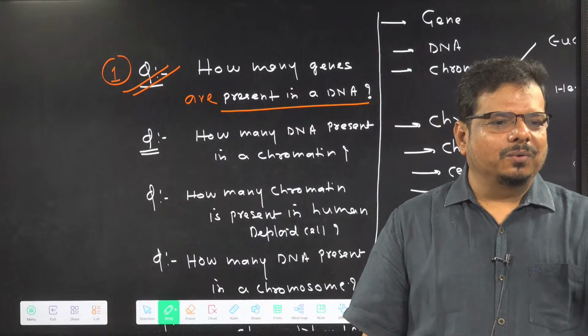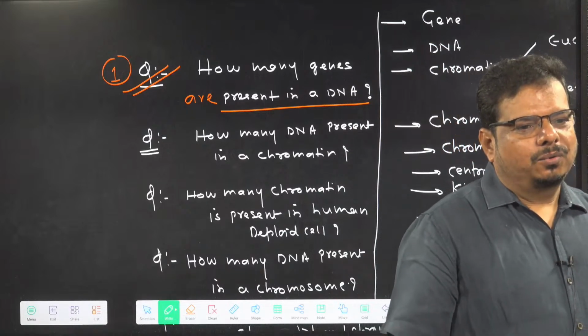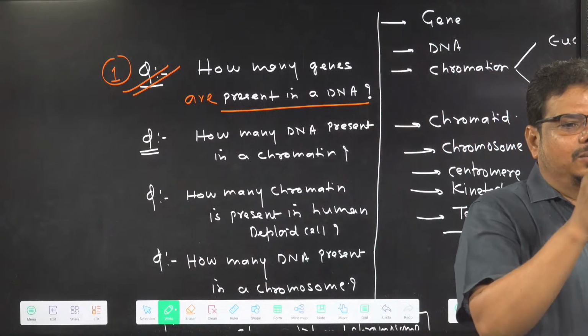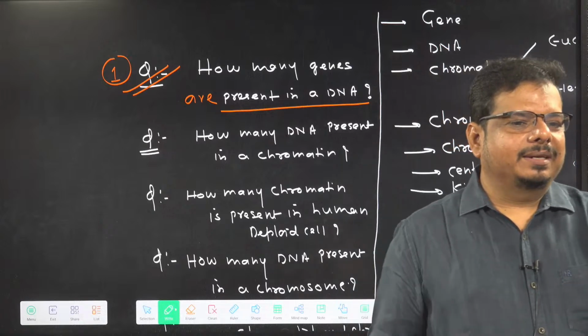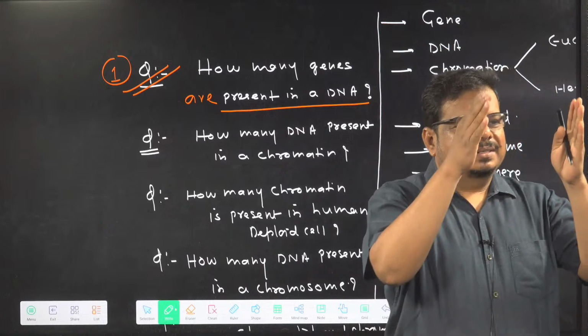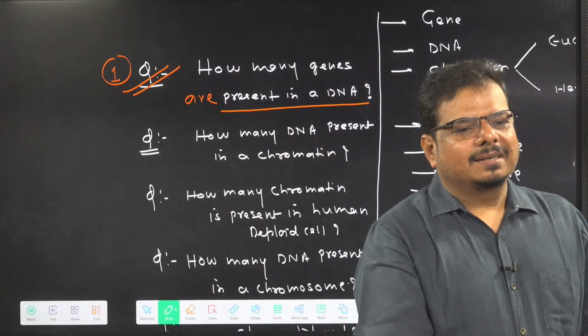Some student wrote answer as 30,000. Some wrote 20 to 30,000. Someone has written 20,000. Someone has written 2. So these are the different varieties of answer I am getting. And one answer came,